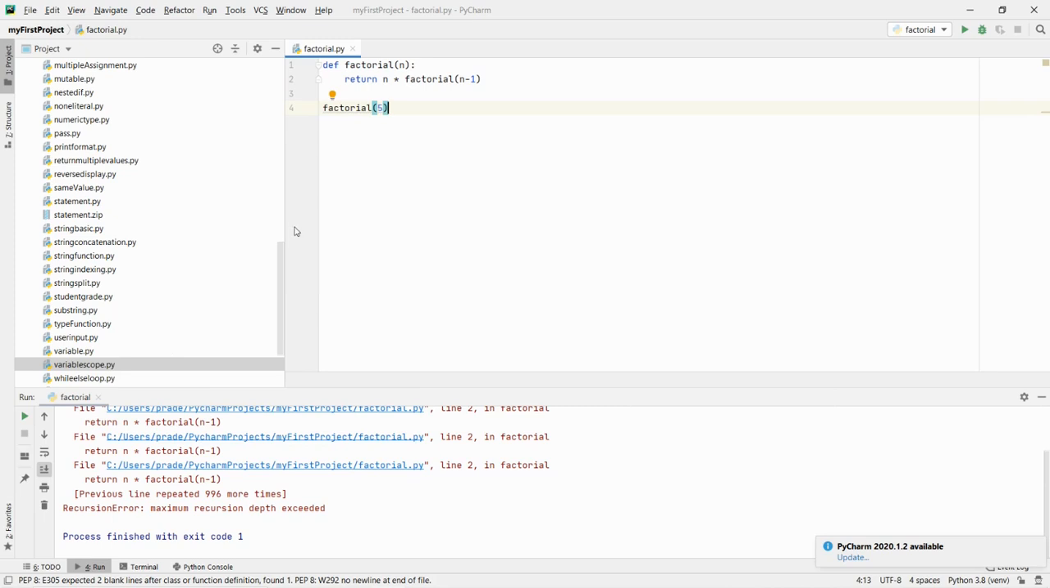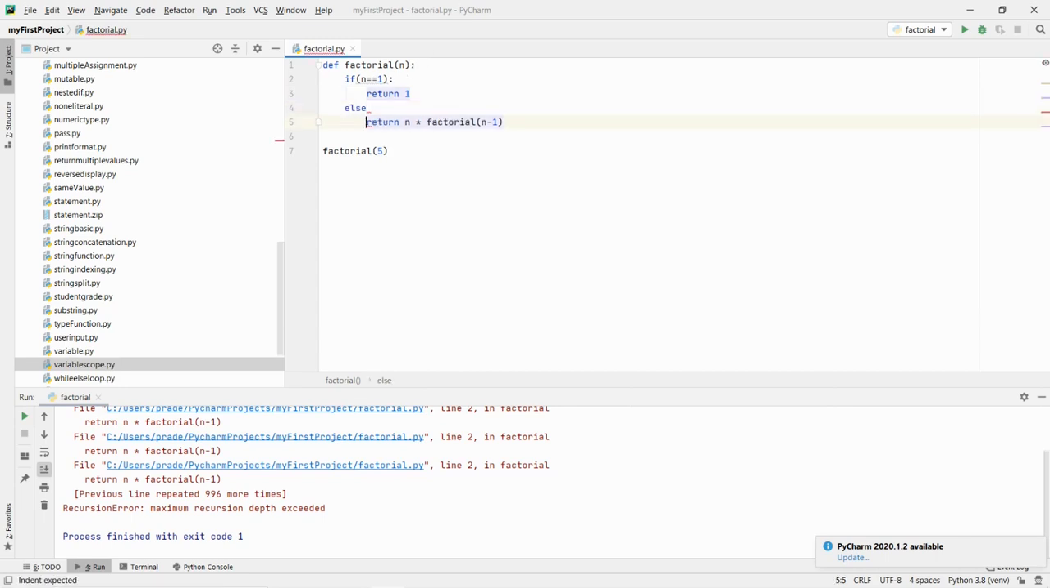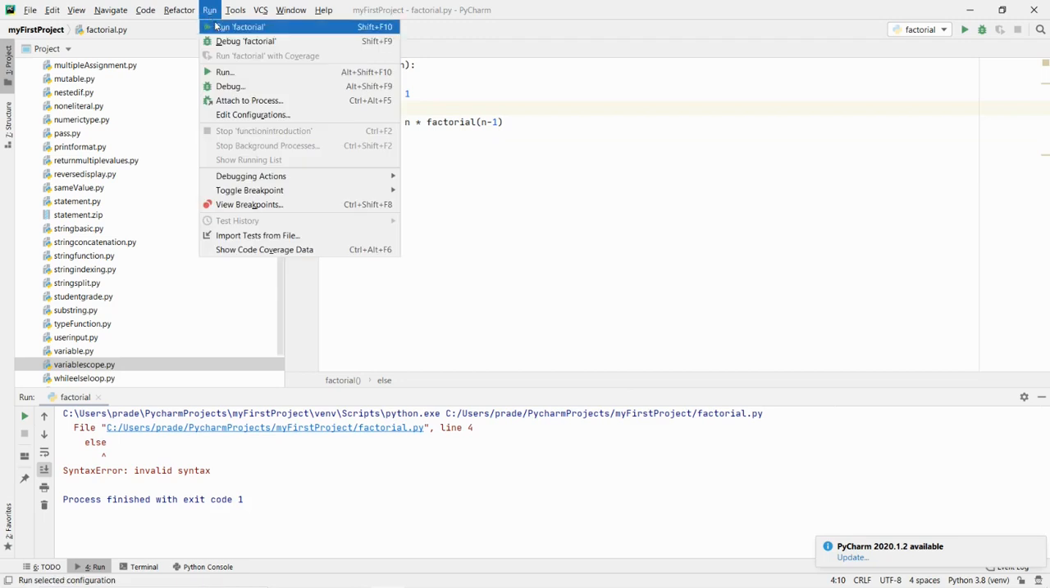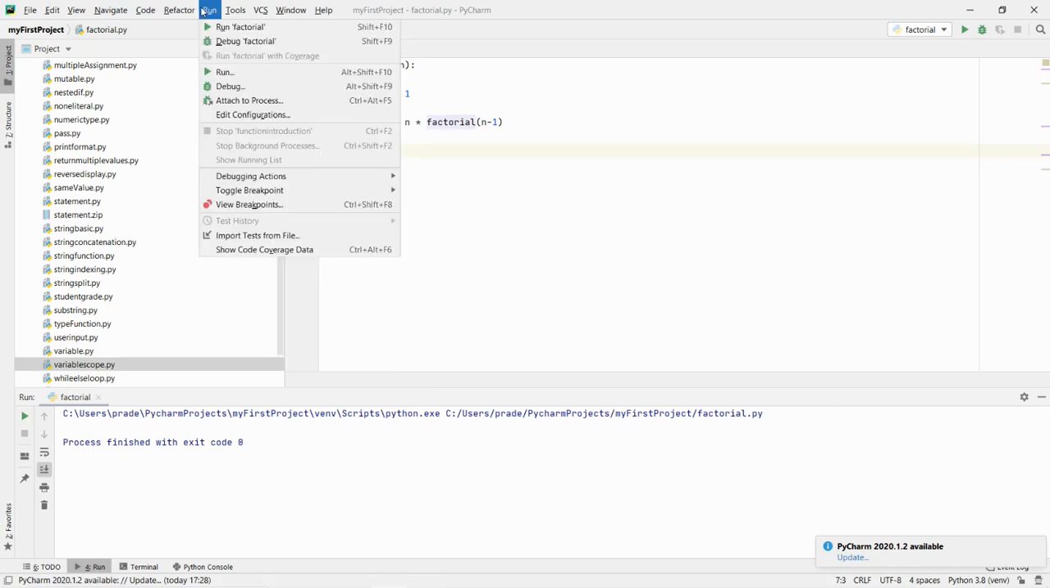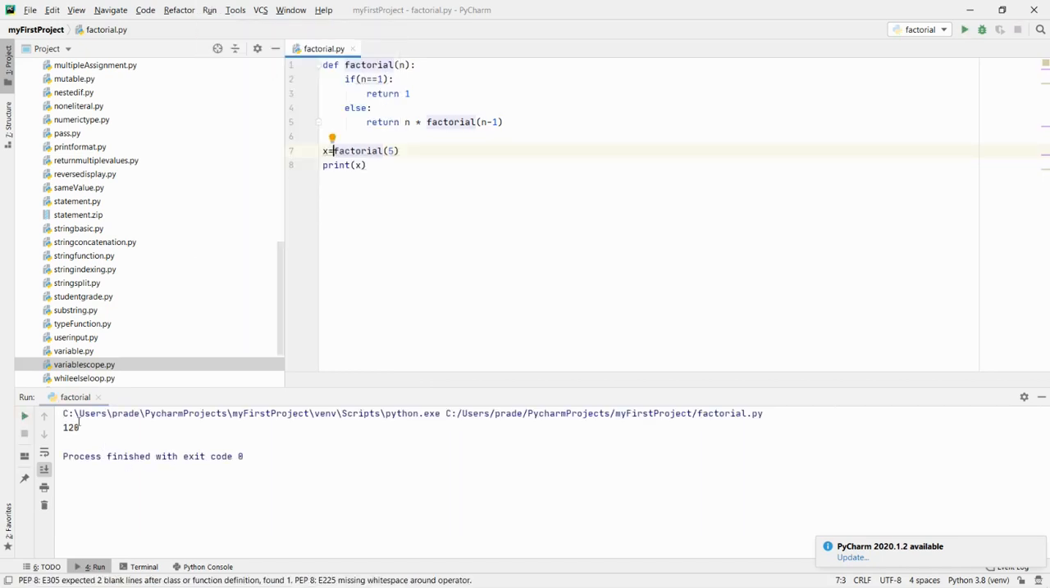To avoid that, we can say something like, if n equal to 1, return 1, else return n into factorial of n minus 1. Now let me run this program. Let me print here. You can see here we are able to see the output. So let me change the value here. I will say factorial of 10. You can see here we are getting the output